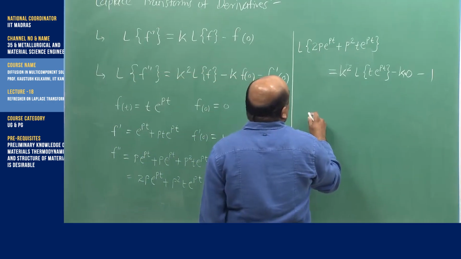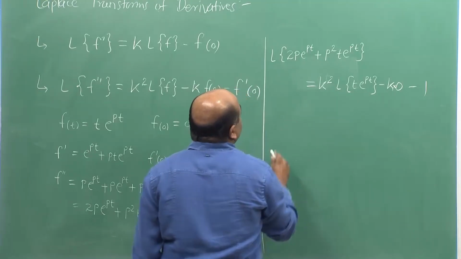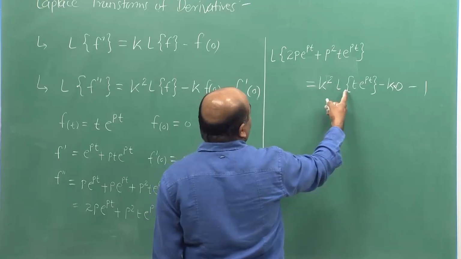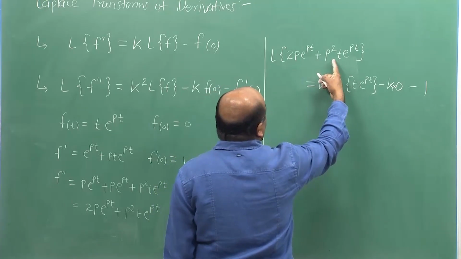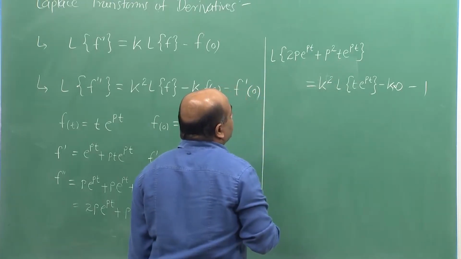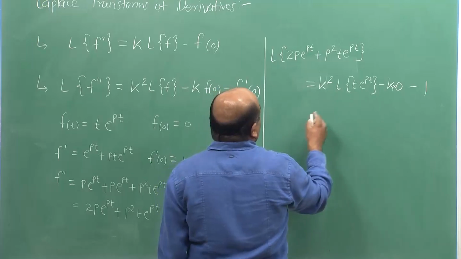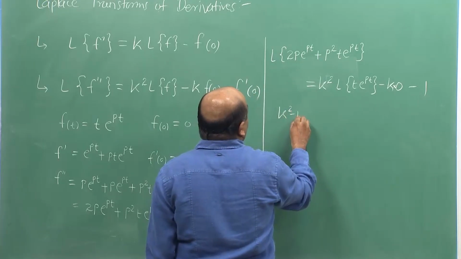So, what we get is, if we take L of t times e to the power pt and p square times L of t times e to the power pt, if we take it on this side, so we get k square minus p square